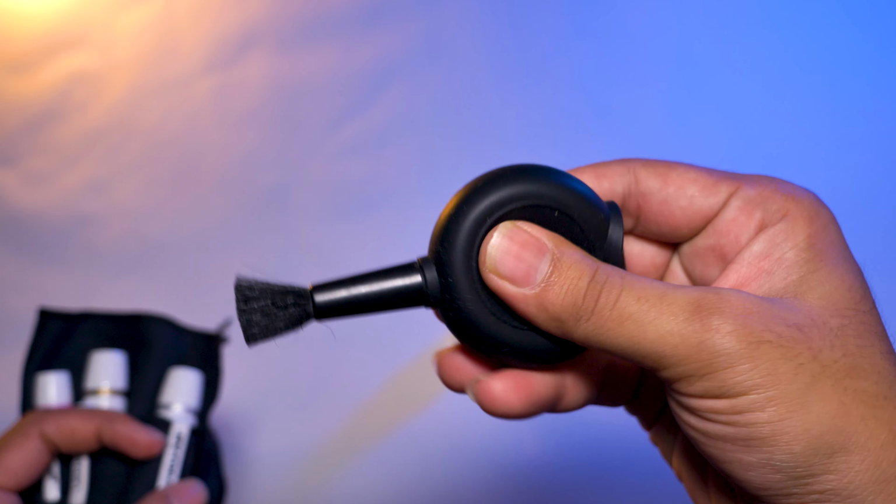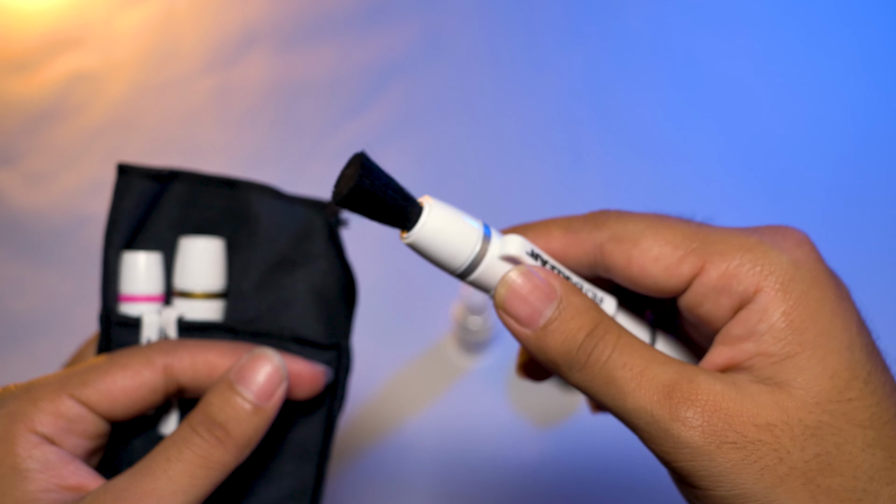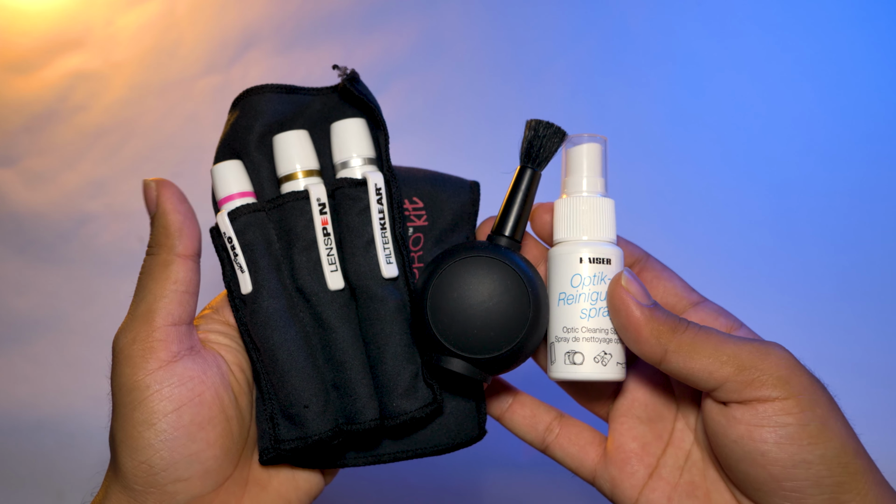I don't know about you guys, but I am living in French Guiana, and I can tell you there is a lot of dust over here. And I don't have AC, so it's always open and dust always comes in. So this cleaning kit is important to keep your lenses clean away from those dust that can damage it. So consider getting these, you won't